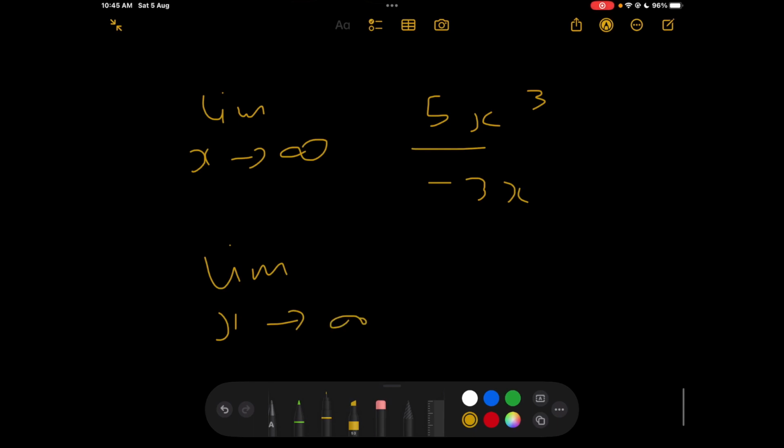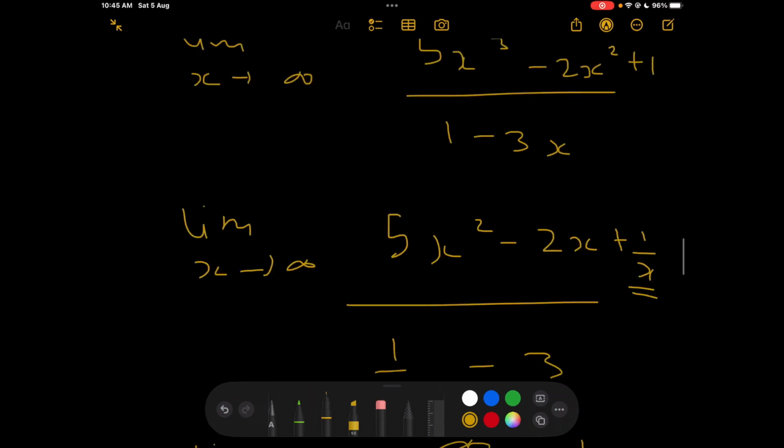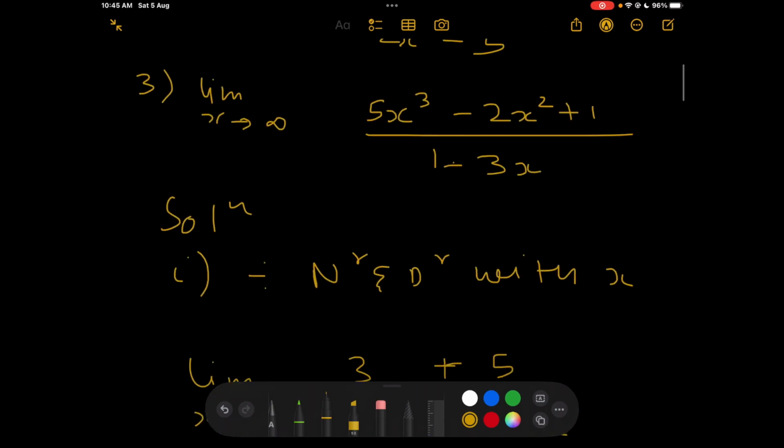So it will be limit x tends to infinity 5x square upon minus 3, which will be minus infinity. So these were the solutions related to limit x tends to infinity. So I hope